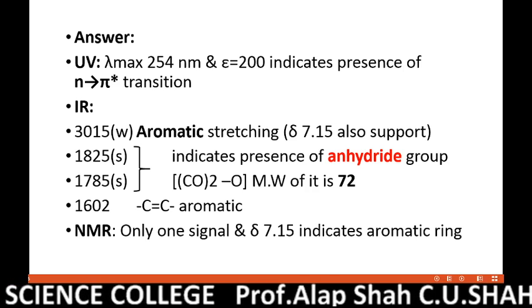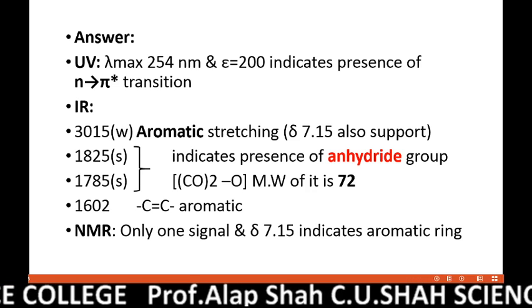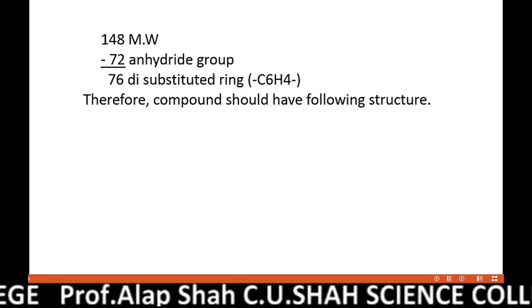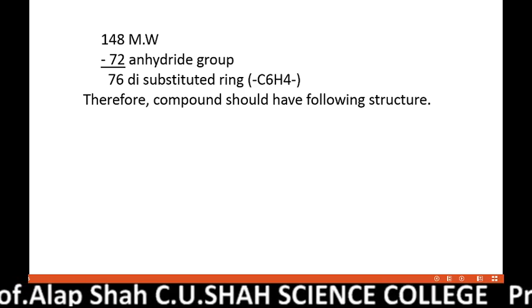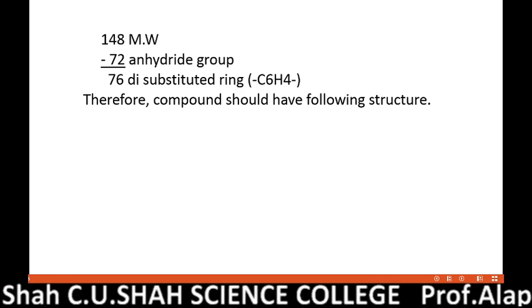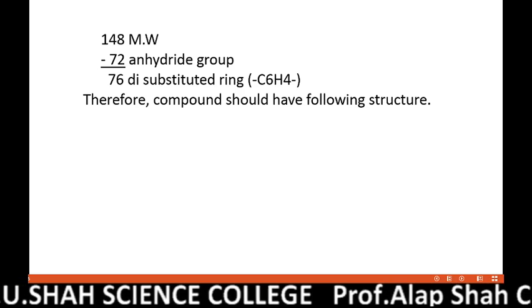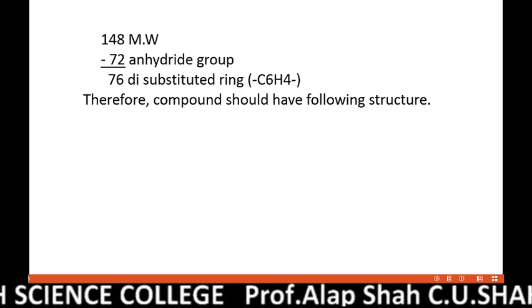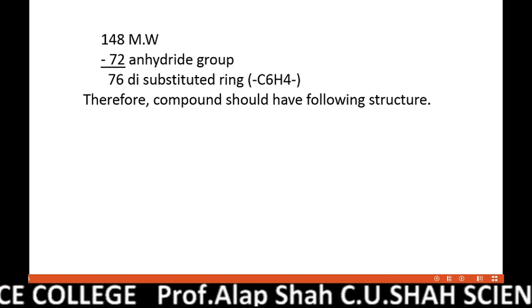Now, whatever we have identified, we subtract the molecular weight of that portion from the given molecular weight of the compound. Here 148 minus 72 for the anhydride group, determined from the two IR bands, leaves 76, and 76 is the molecular weight of a di-substituted benzene ring, C6H4. There are no more protons because there is only one signal. So the compound has an anhydride group and a di-substituted benzene ring. There are no more protons because no more are mentioned in the signal. So the compound should have the following structure,